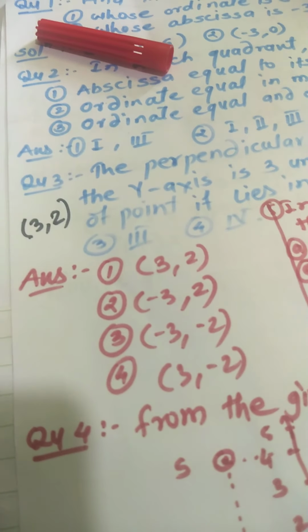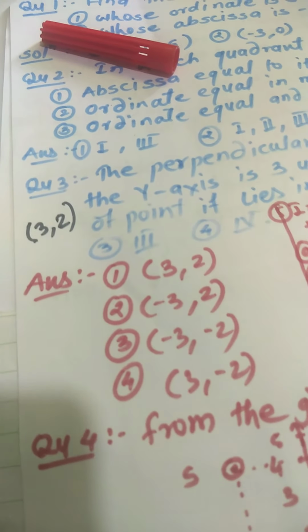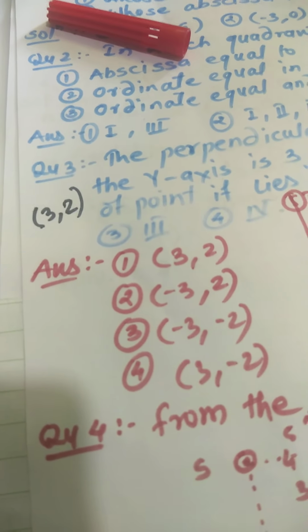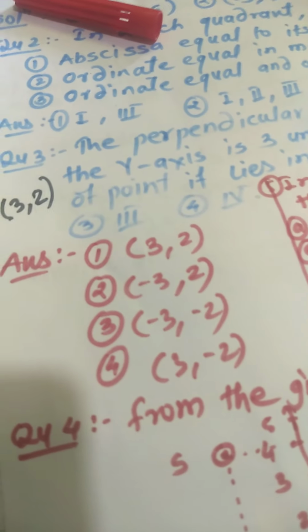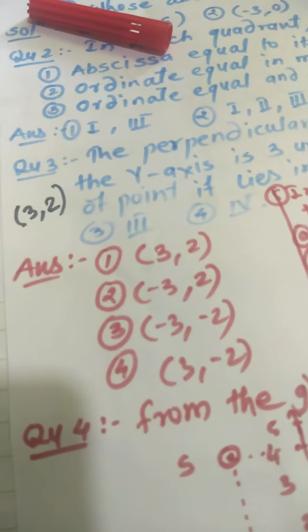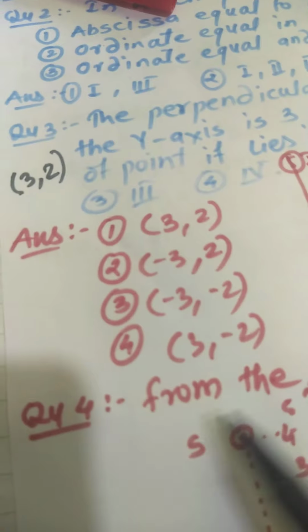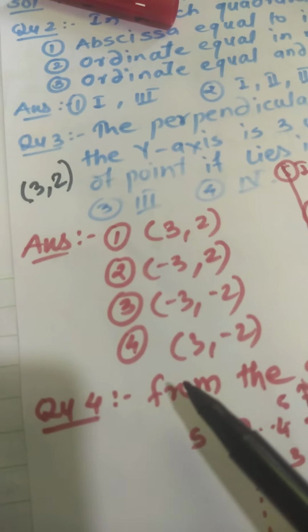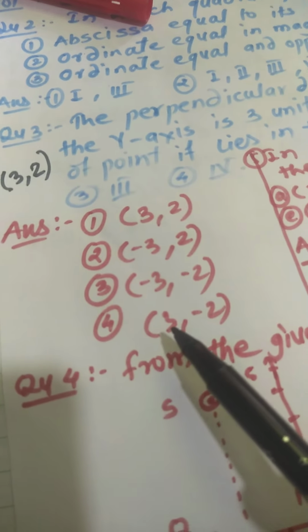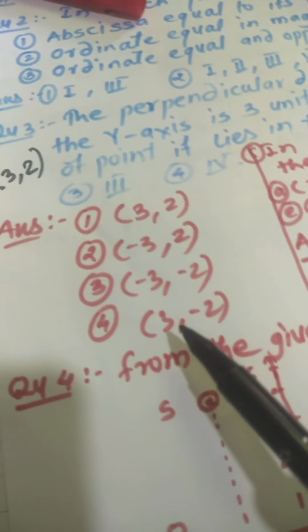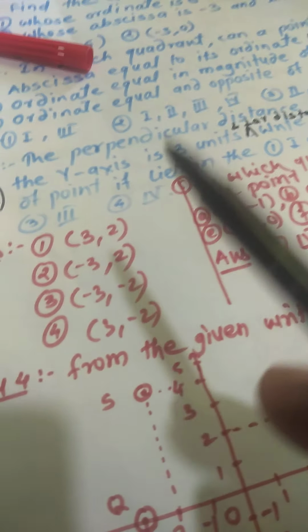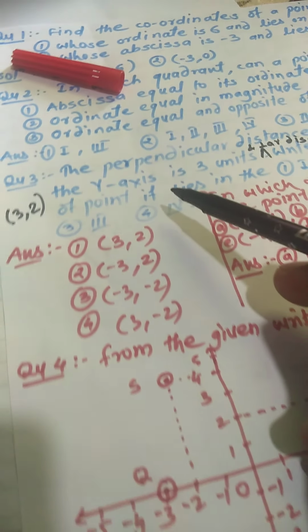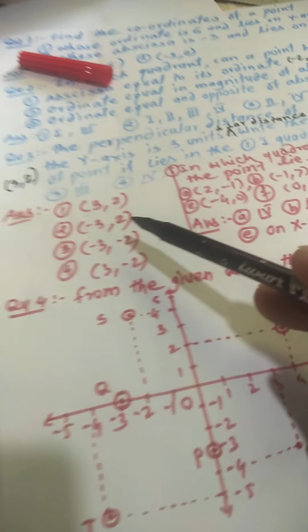Second quadrant means negative, positive, meaning x coordinate negative, y coordinate positive: -3, 2. Third quadrant, both are negative: -3, -2. And fourth quadrant, x coordinate positive, y coordinate negative: 3, -2. So clear, students, how to locate that point in the quadrant? Then fourth,